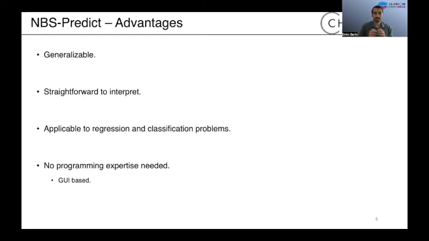That's because NBS-Predict allows you to evaluate the prediction performance of the model while providing a direct mapping to the brain, so that you can easily check the relevancy of brain networks to the overall prediction performance. That's the advantage of NBS-Predict, because the coefficients or feature weights from machine learning models, even the linear ones, are very difficult to interpret because they don't say anything about the effect of interest in the data.